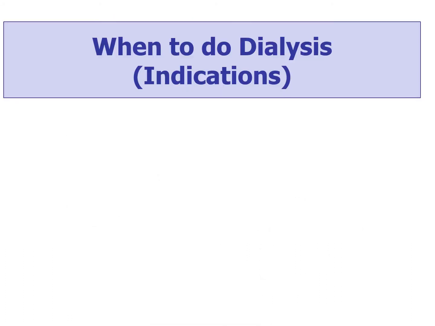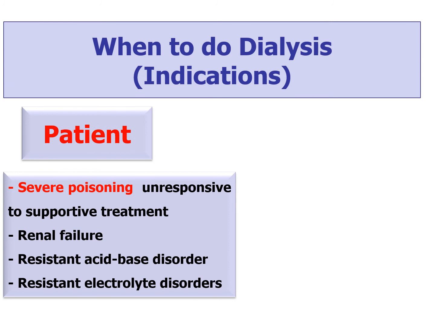When to do dialysis? Who is the patient that needs dialysis? As mentioned before, the severely poisoned patient unresponsive to supportive treatment or suffering from impaired route of elimination, here suffering from renal failure, or complicated with resistant acid-base disturbance or electrolyte disturbance. But also,